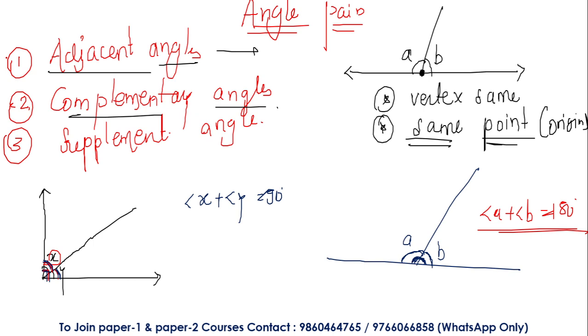Okay, then later on we are going to study what happens when the lines cross each other. At the same time we'll study the questions based upon the obtuse angle, complementary angle, parallel line. In case of parallel lines, we are going to study lots of angles, like what are alternate exterior, what are alternate interior angles, as well as corresponding angles, co-interior, co-exterior angles. Everything will be studied in tomorrow's class. Okay, so this was the end of today's lecture.